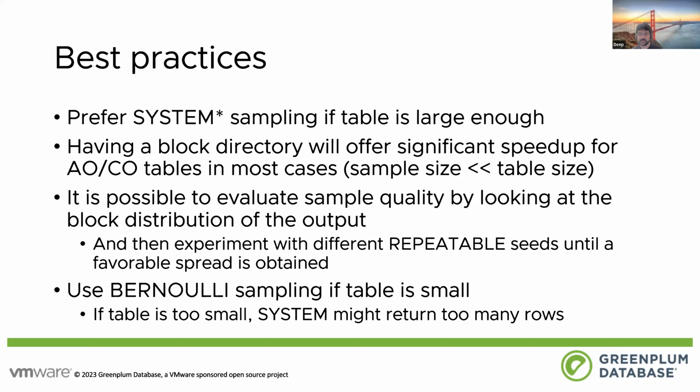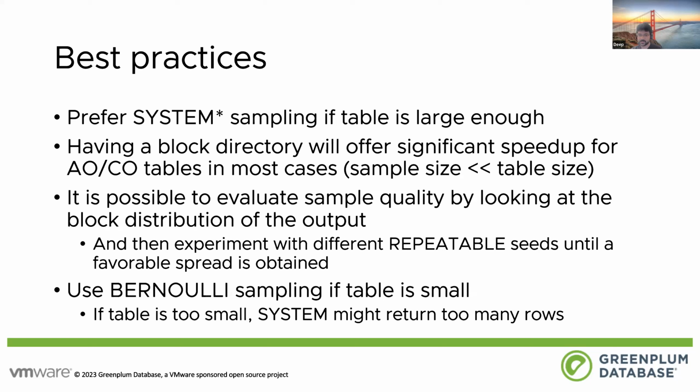It is possible to evaluate sample quality by looking at the block distribution, which we saw. And what you can do is play around with the repeatable option until you get a favorable spread, right? Once you lock in that repeatable seed argument, you can just keep iterating until you find a good or fair sample,